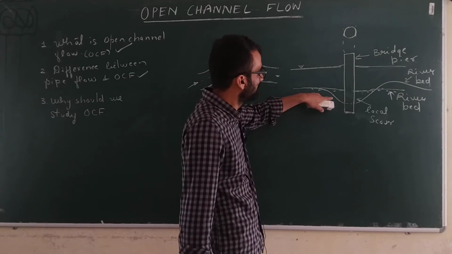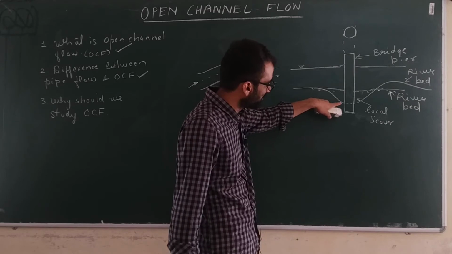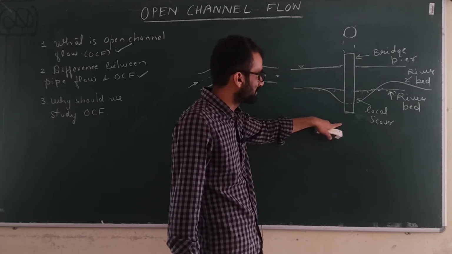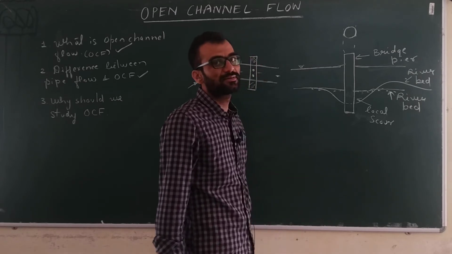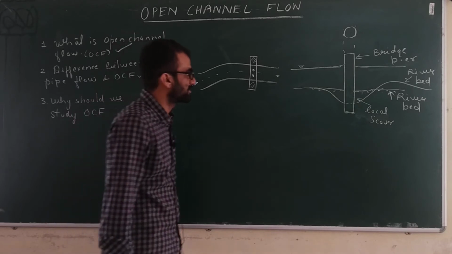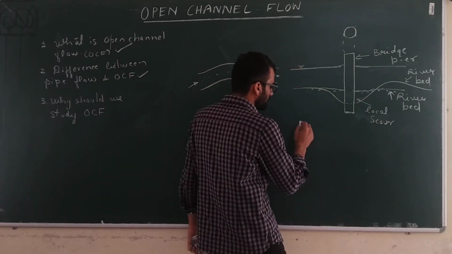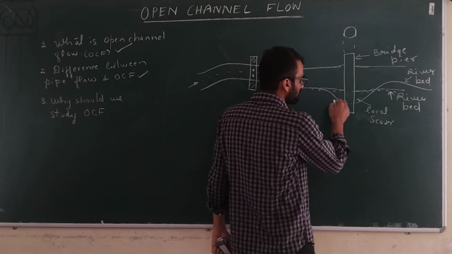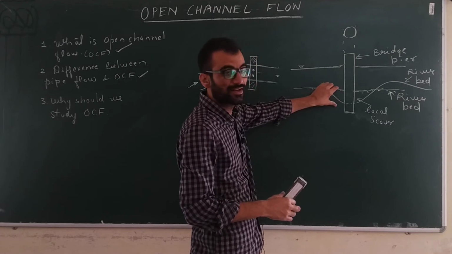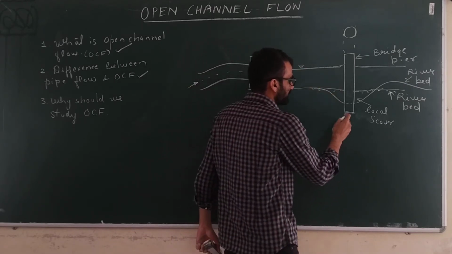Now what happens is, because of the local scour, it may happen that the scour will go beyond this depth, below the level of the bridge foundation, and because of that there is a risk of failure of that bridge foundation. It can get undermined. That's why, to decide the foundation level, we have to find out the maximum scour depth. We have to calculate how much the scour depth will be over a period of time,